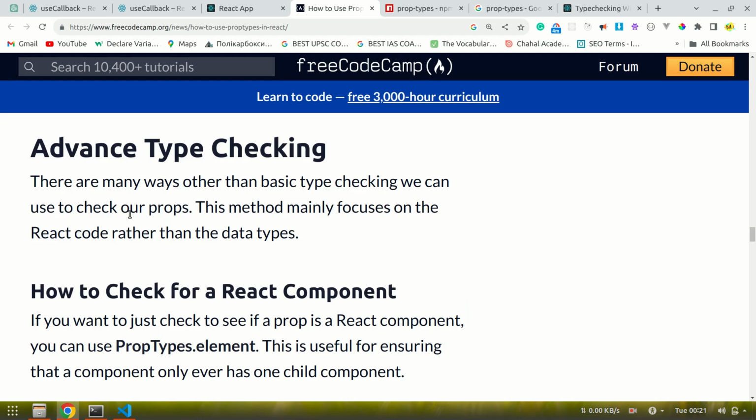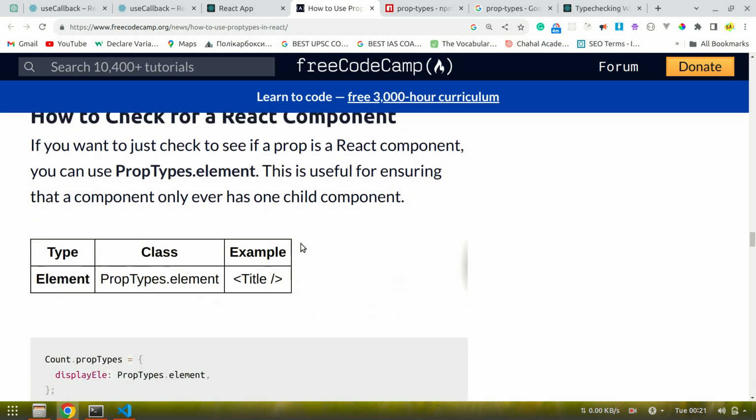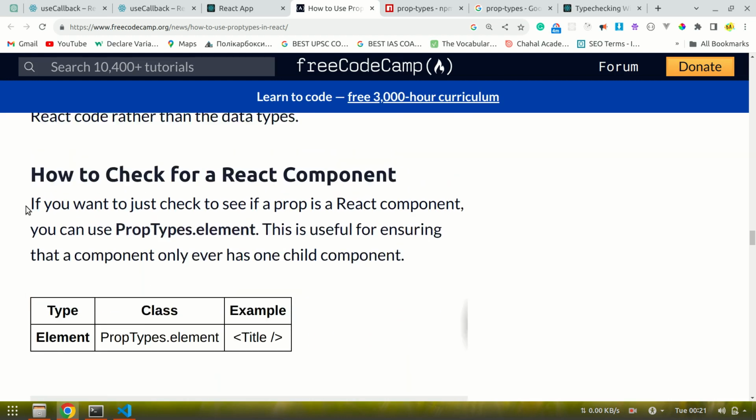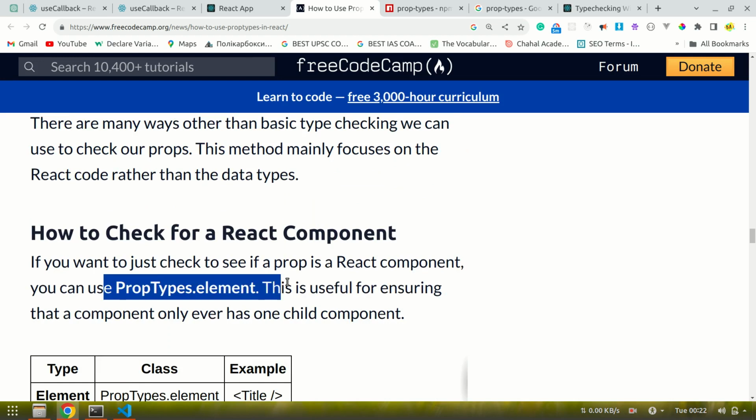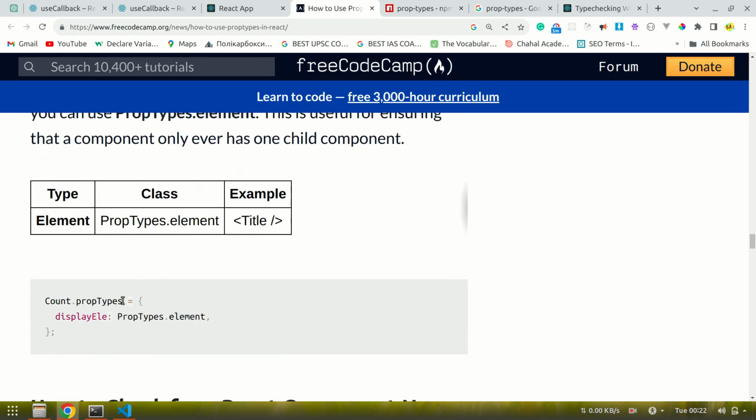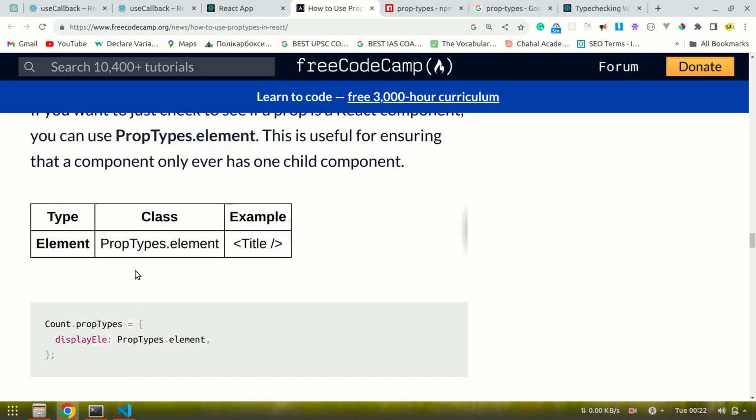So now we should also go with some advanced type checking. There may be many other ways, like the basic type checking we can use to check our props. This method is mainly focused on React code rather than the data types, and how you can check for a React component. Okay, so now that's great. We must have an understanding of these. So if I am not passing an object, not a number, not an array, not a string, not a boolean, but I am passing a React component,